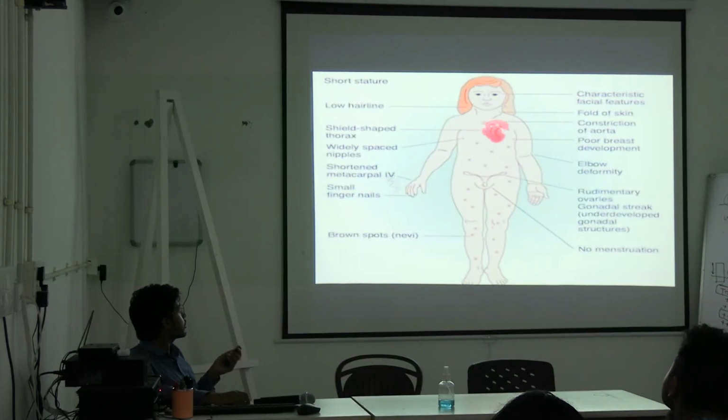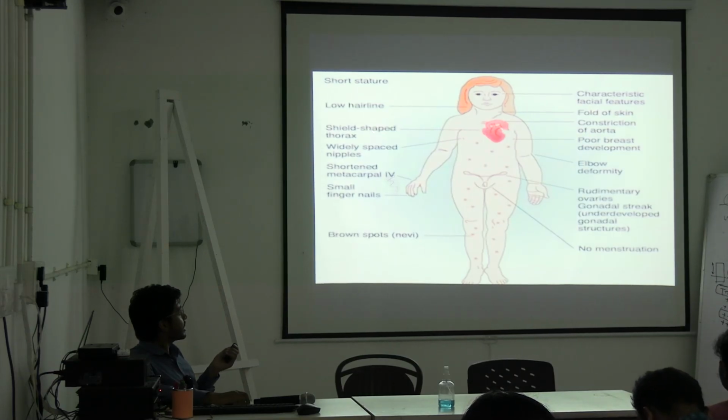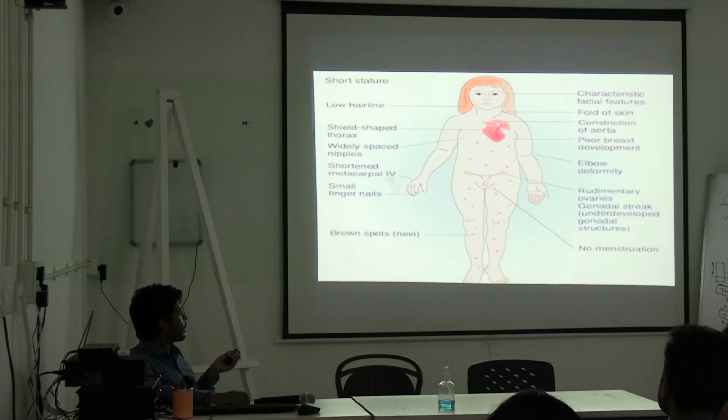The child will present with first short stature, then low hairline, shield-shaped chest, then widely separated nipples, shortened metacarpal four, small fingernails, then brown spots, it's called nevi,